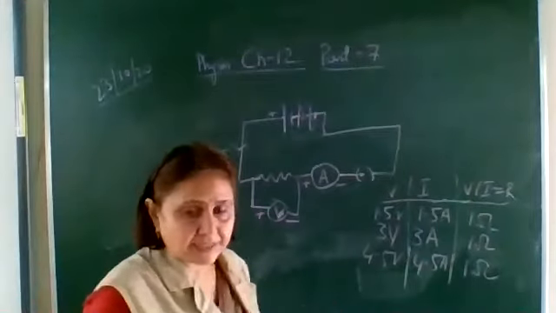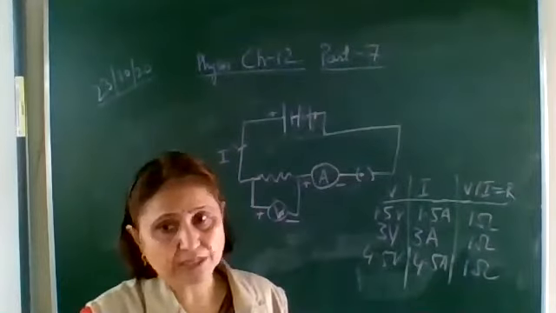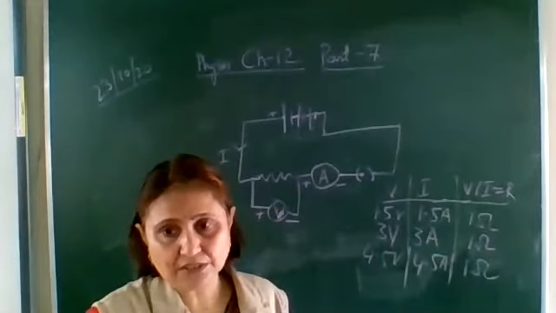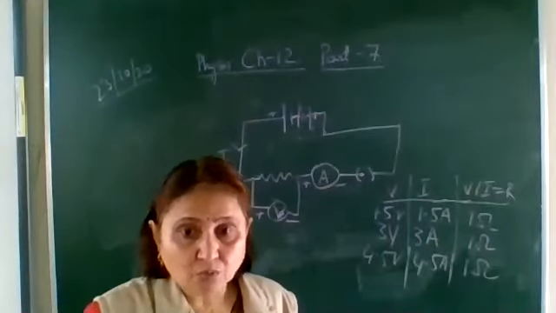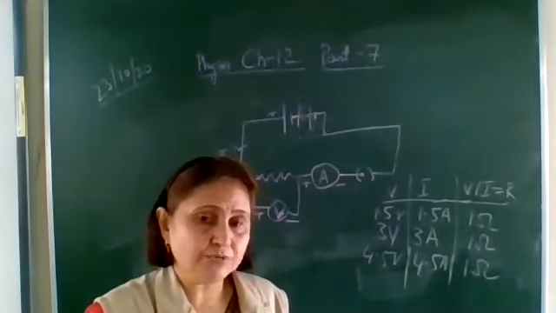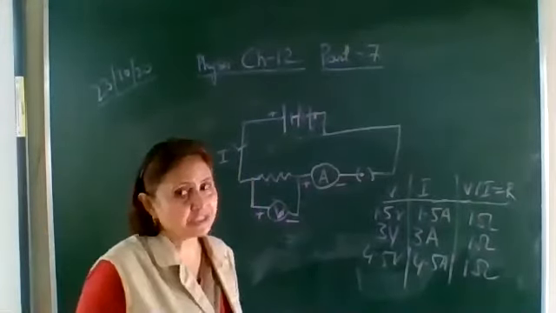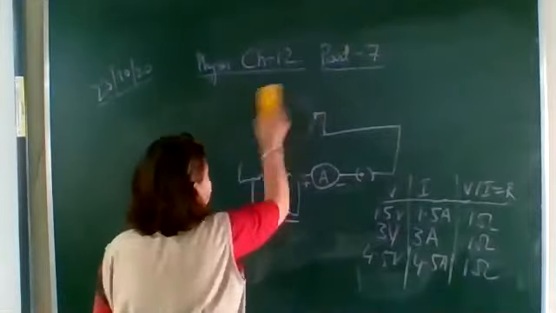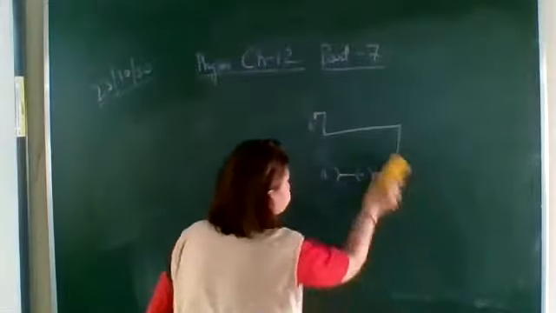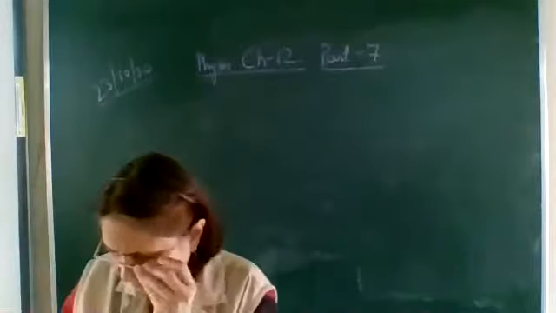We know that the resistance of a given conductor is constant provided the physical conditions remain constant, like the length of the wire, cross-sectional area, temperature, etc. All these factors should remain constant. Now let's see what factors are affecting the resistance. Why? Because whenever we define Ohm's law, we say that the physical conditions should remain constant. So what are those physical conditions which affect the resistance? Write down: factors affecting resistance.